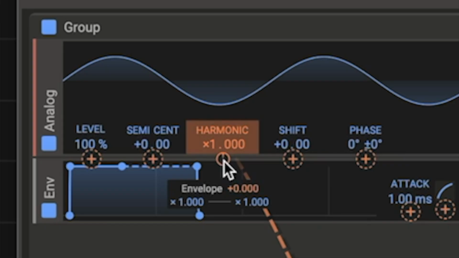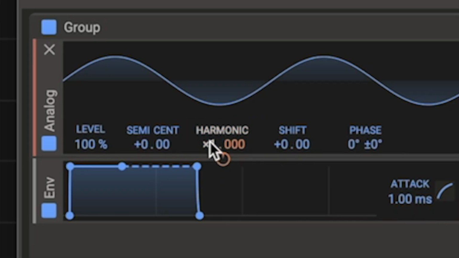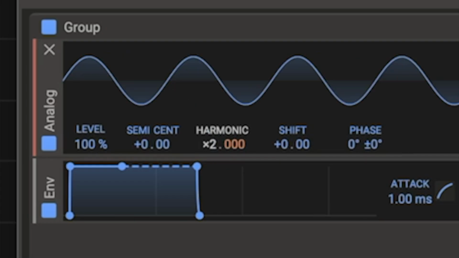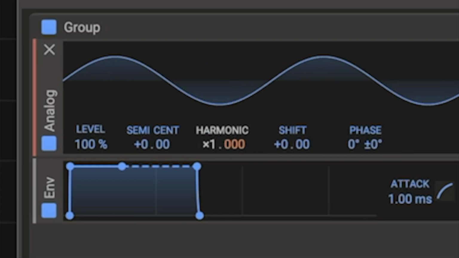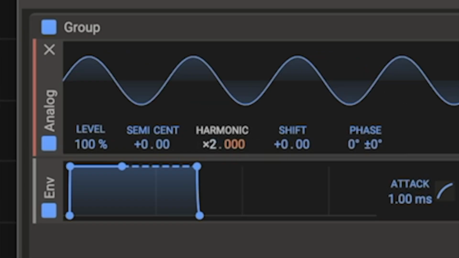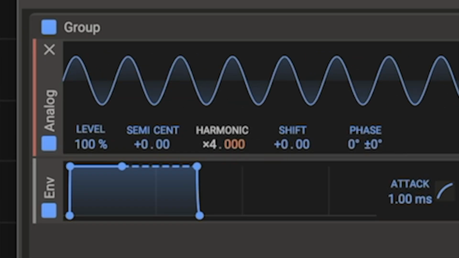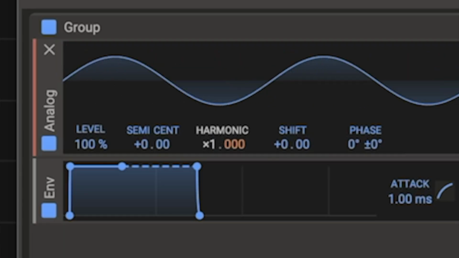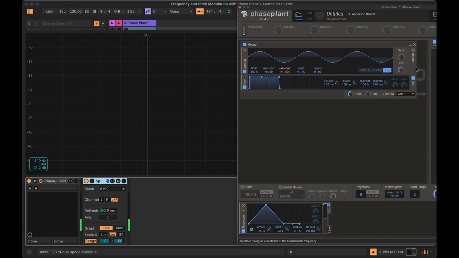The harmonic settings change the incoming frequency by multiples. In other words, these settings multiply the value of the incoming frequency by the set number. 1 times, 2 times, 3 times, 4 times the frequency, etc. These frequency multiples generate what are called harmonic frequencies. When you change the amount of modulation with these settings, you are increasing or decreasing the frequency change by harmonic